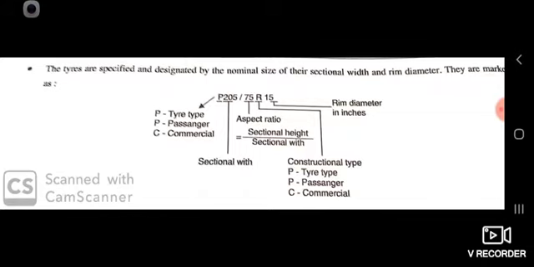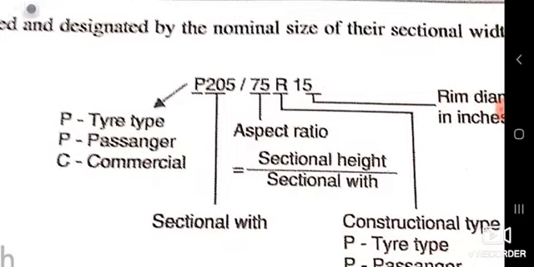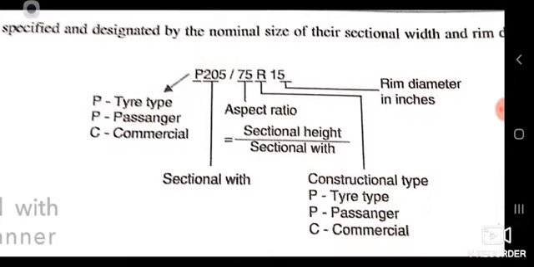This is designated according to this code. This code is provided by a brand or manufacturer who is going to provide a tire to the customer. Various manufacturers emboss their names on the tire, so we can identify the company name of a tire. This code is definitely going to be written on the tire. So let us elaborate this code.